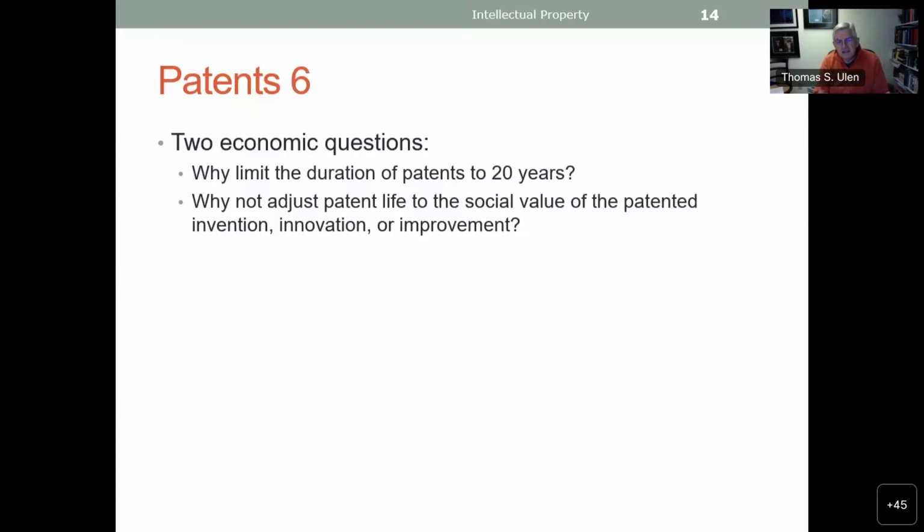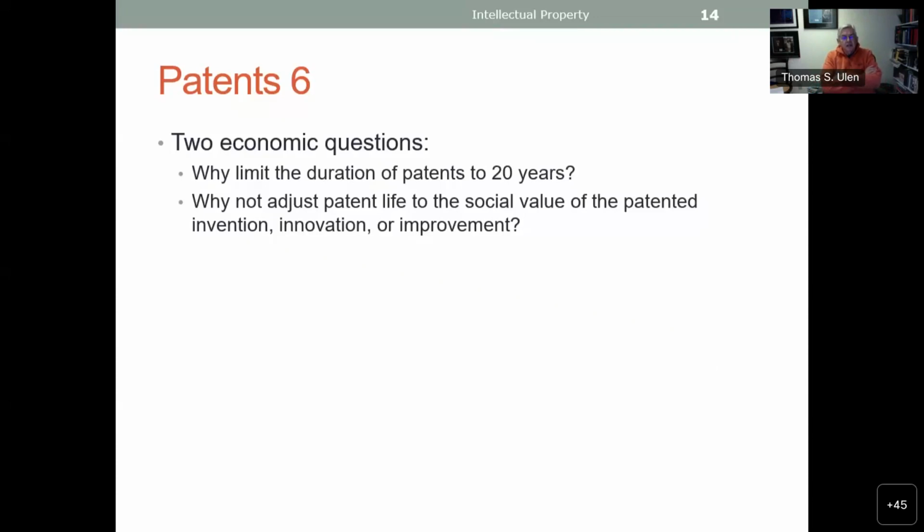But if it's a major innovation, like the discovery of a cure for cancer, why don't we give that person a long life, 50, 100 years, as a reward for what they have done? I'll try to answer those questions relatively fast. And this is contained in the next several slides, so I'll let you walk through these slides at your own